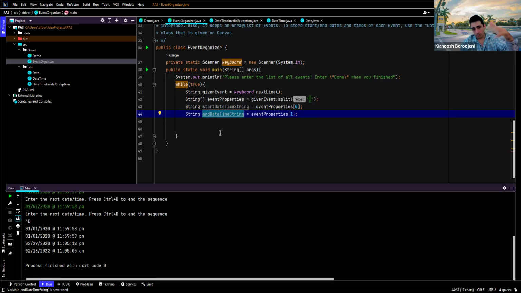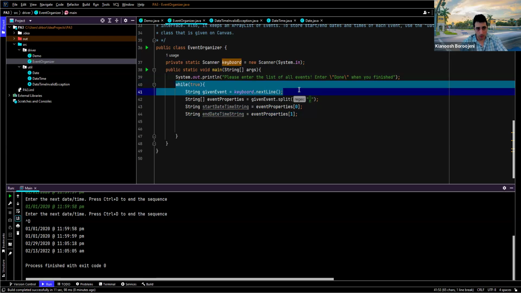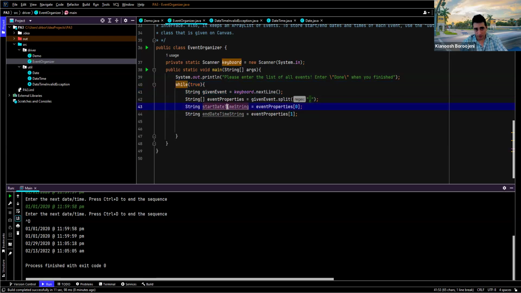And then go back to the demo. Remember how I split that. If there's an error, you should always continue so that you can begin from the beginning and get another line. Okay? So you need to ask the user to try again if these aren't valid start date time strings or end date time strings. But I'm just gonna skip that. After you get all of these,